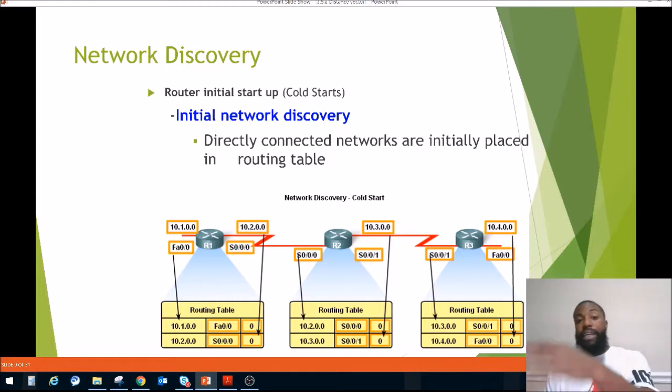As you can see, for initial network discovery, you turn it on, and RIP is installed on there. You're going to get the networks that are directly connected first, right? So as you can see, router 3, for example, knows about the 3 and the 4 network because they're directly connected to him. He doesn't know about the 1 or the 2 network yet. He's got to wait